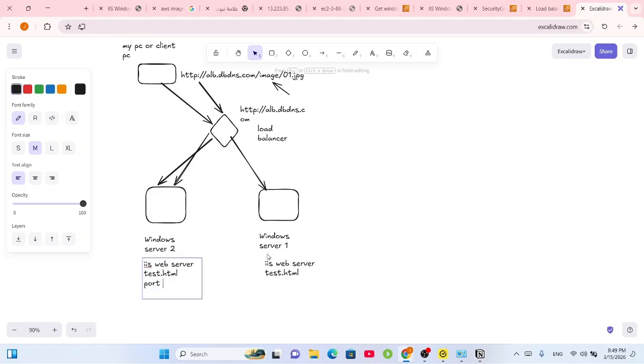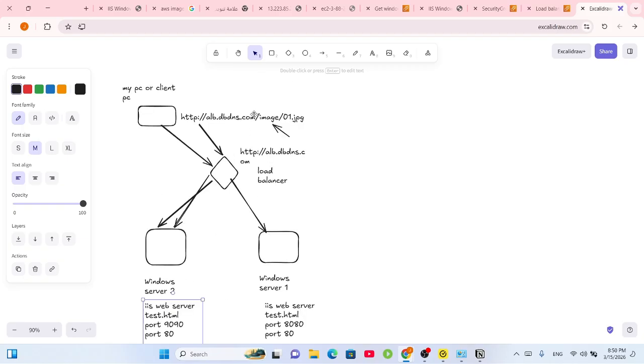No, make it 9090. Right now it's only accessible with port 80, right? But we're going to make it accessible with both. So on this server we need it to be accessible using port 8080 and port 80. The idea is, if a user, for example, types here